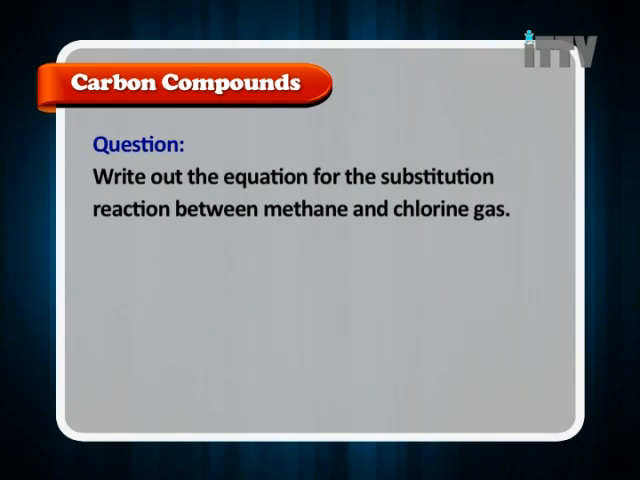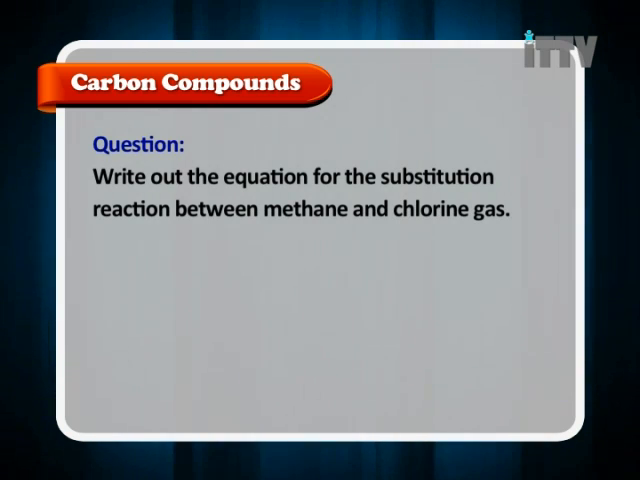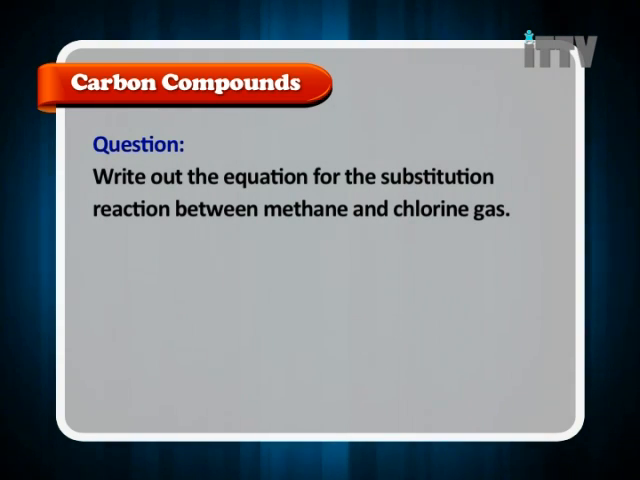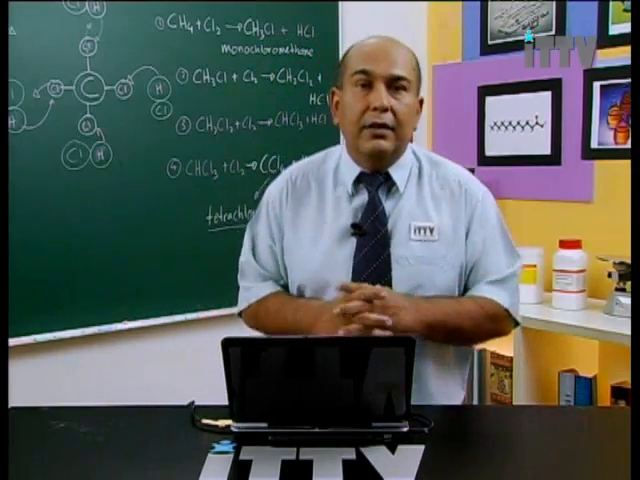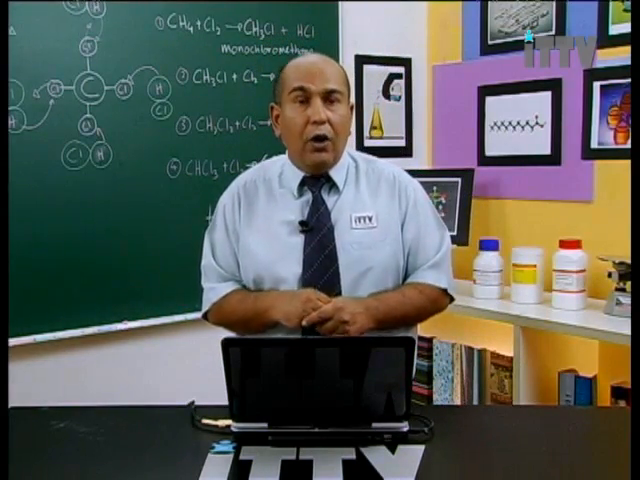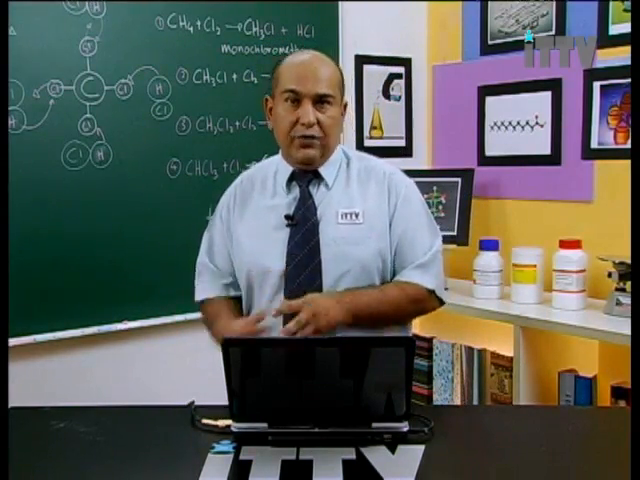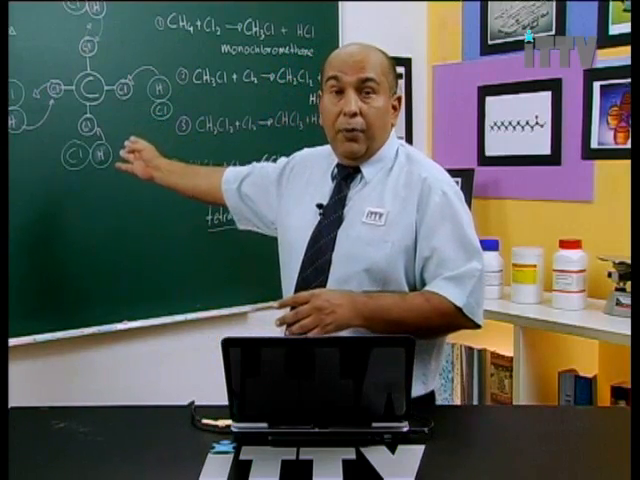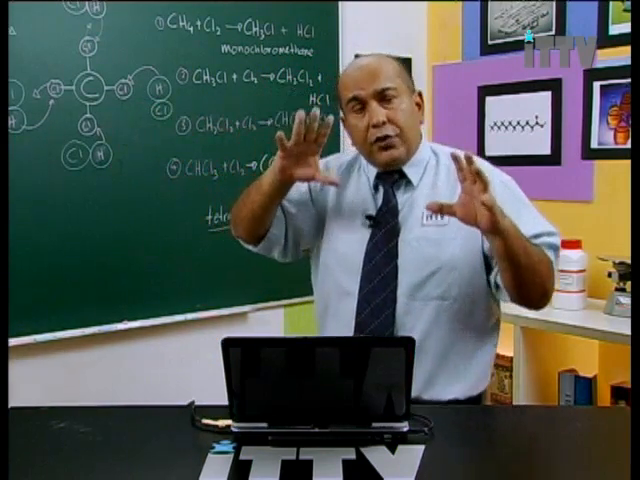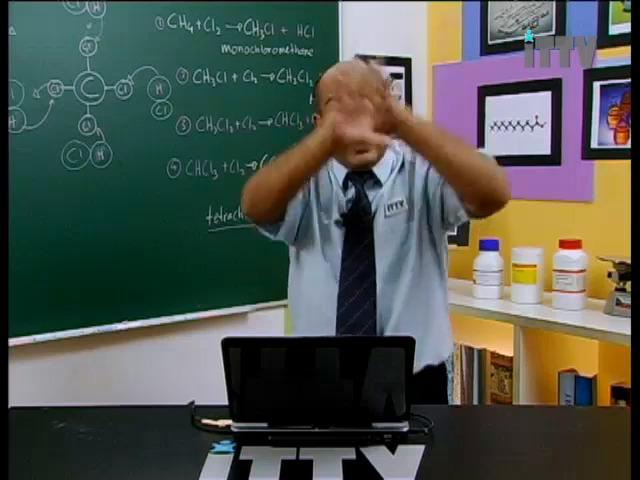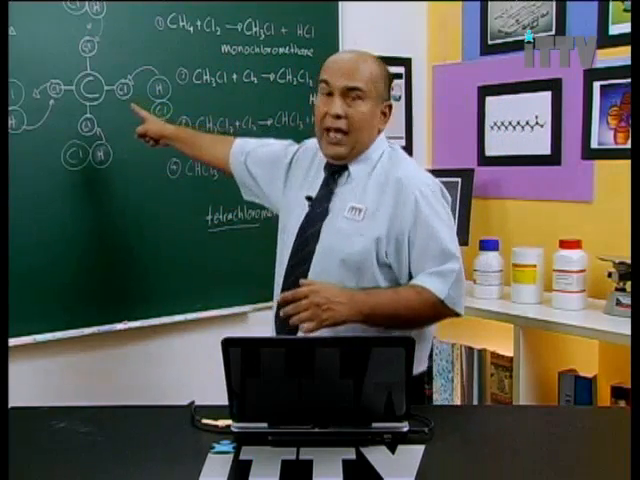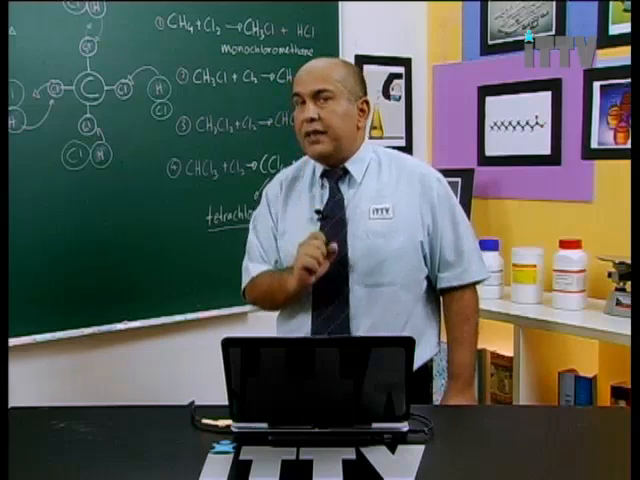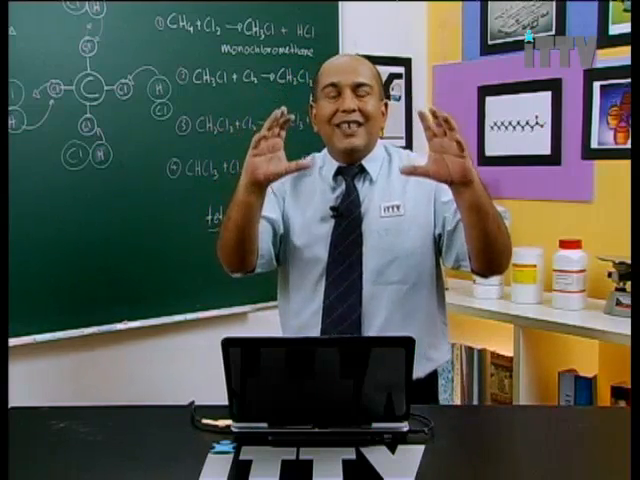Final question. Write out the equation for the substitution reaction between methane and chlorine gas. So what we want is the final substitution reaction for methane and chlorine gas, which we have up here on the board. Now try to visualize the total equation, everyone. How many methane do we have? We have just one methane. So we should have CH4